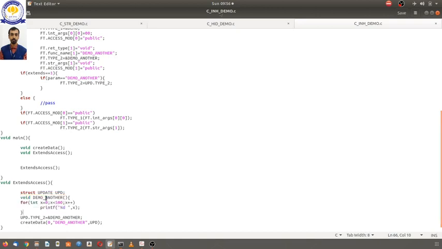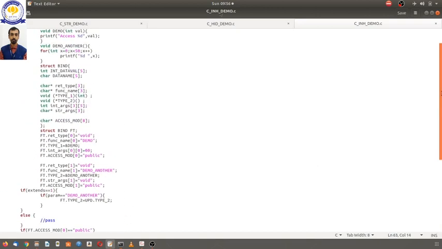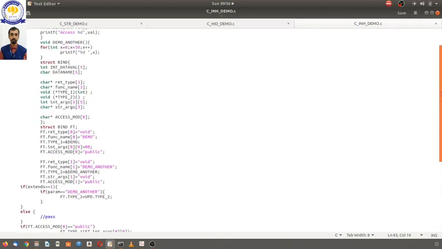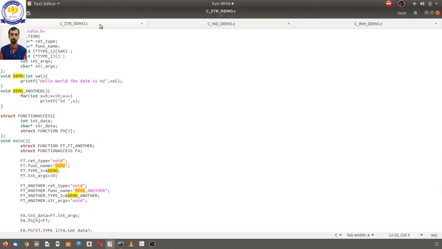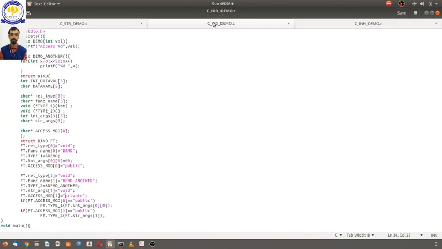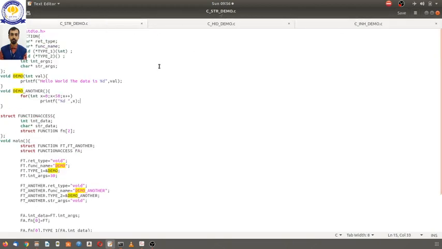You see the demo another function here is modified. Our observation is that a lot of complex programs have to be written to do this task. This is made easily available by object-oriented programming. So in the next class we will see the syntax of object oriented programming.